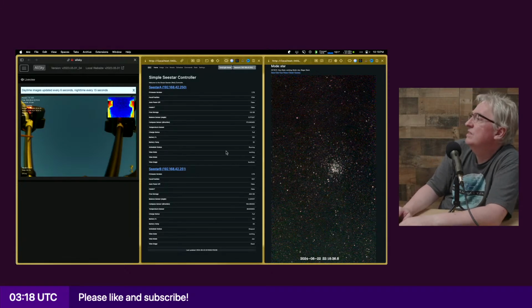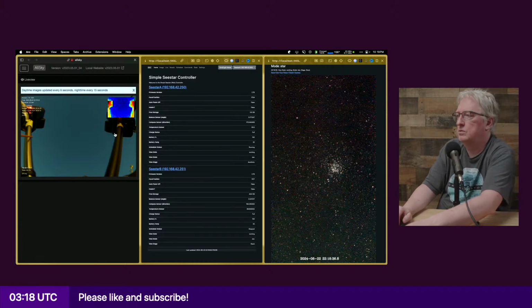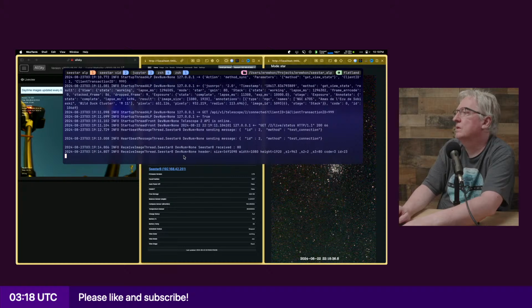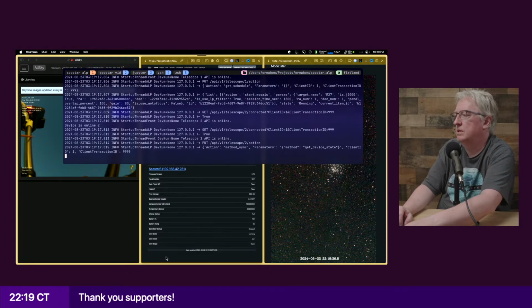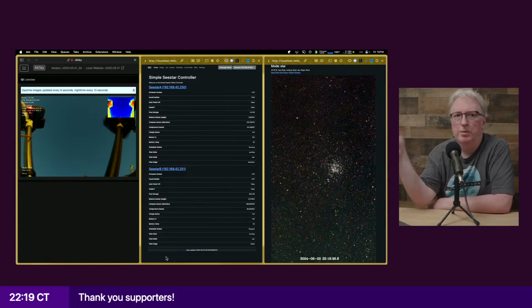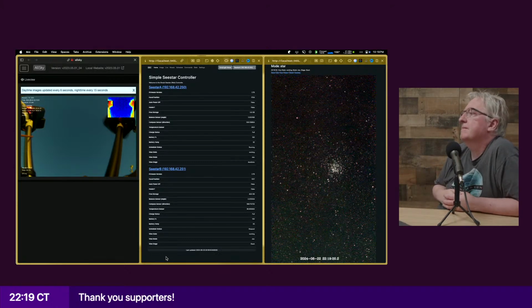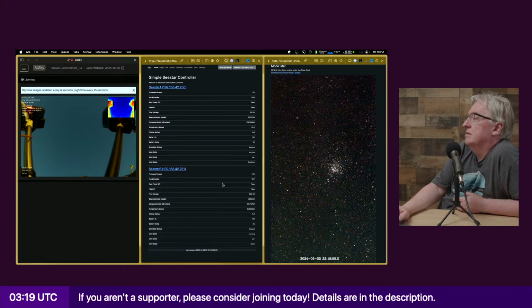Okay, it did stop the exposure, so it's going to the new target. So that's good. I'm going to let that do it, and then I'll go back to the live view, because the live view doesn't do well if it's asked to change things. So we'll see. But yeah, it's coming along nicely.